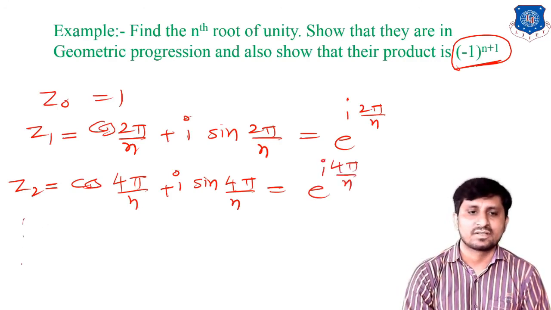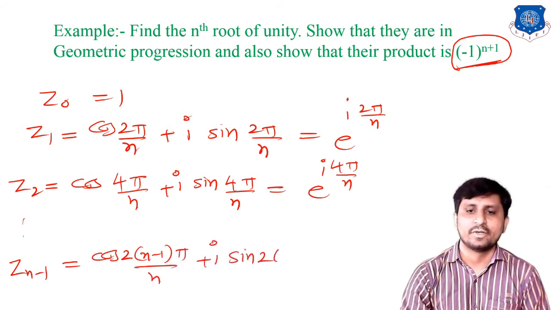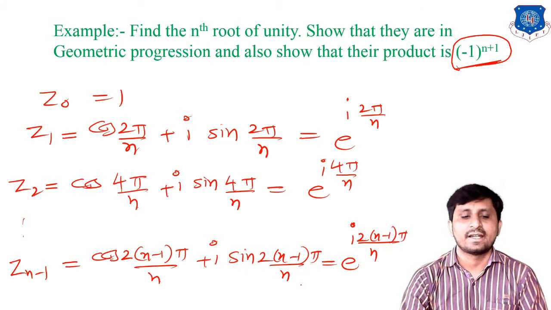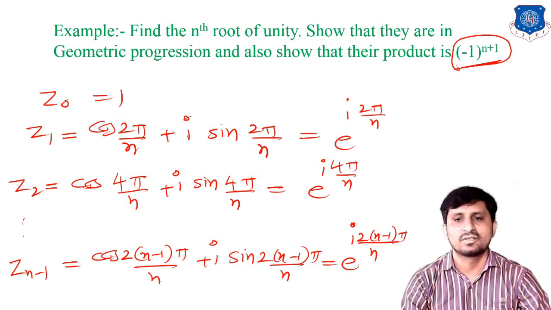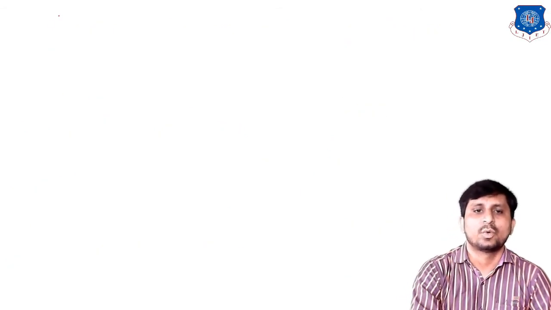Similarly, for z_{n-1}, that is cos 2(n-1)π/n plus i sin 2(n-1)π/n, and that can be written as e raised to i 2(n-1)π/n. Okay, and now the product of all these roots, the product of all the nth roots of unity, that is 1,